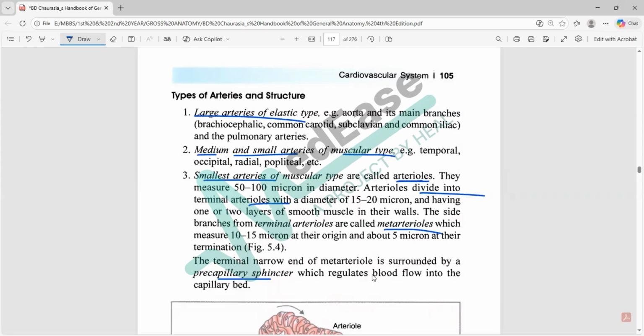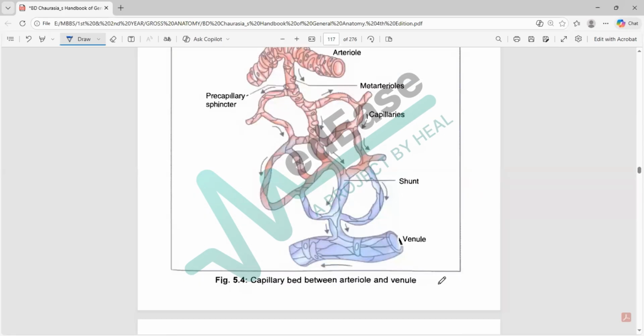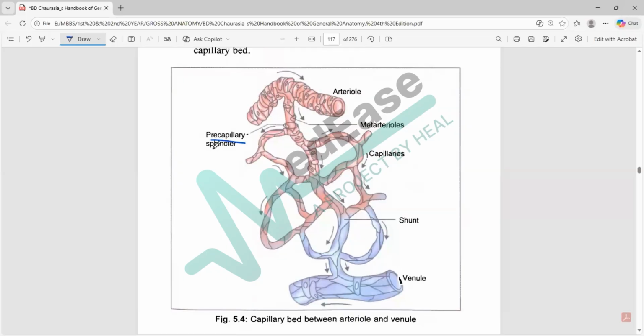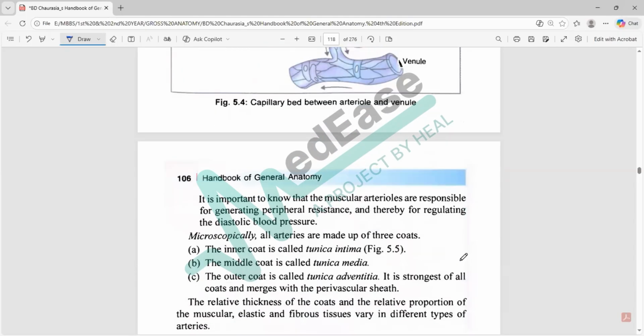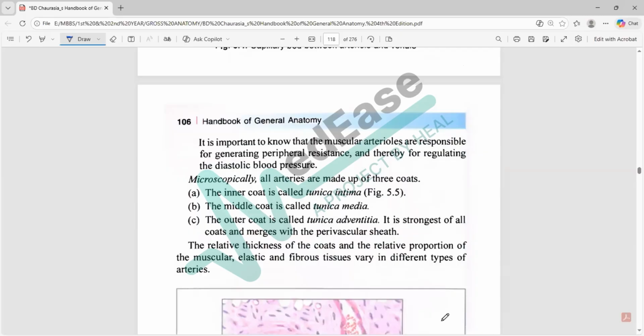Let me show you the diagram. Here you can see the arteriole with the meta-arterioles, and then there is the precapillary sphincter, which will be feeding into the capillary bed mainly. Now, when we talk about microscopic structure, we need to remember the artery is made up